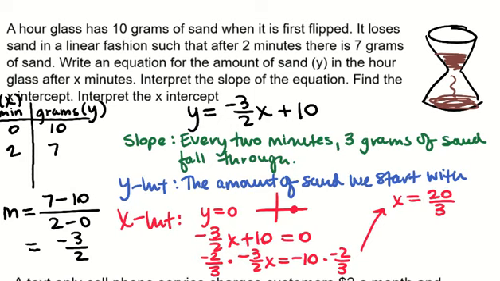Yeah, well, so after 20/3 of a minute, just something like, I don't know, like 6 and a bit, it's going to run out of sand. But that makes sense because y is the amount of sand. And we're saying when y equals 0, well, that'll be when all the sand is gone. Okay, so